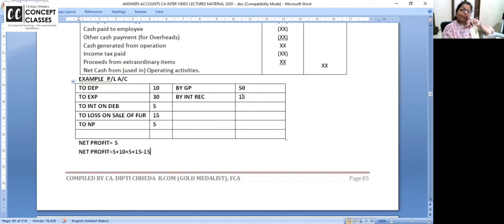Then shall we take inflow here also? No. Then scratch it. Scratch it means minus it. And if you minus, what you get you call your cash profit. It's a superb example. I hope you have followed. If you have some doubts or some more examples in your mind, tell me.